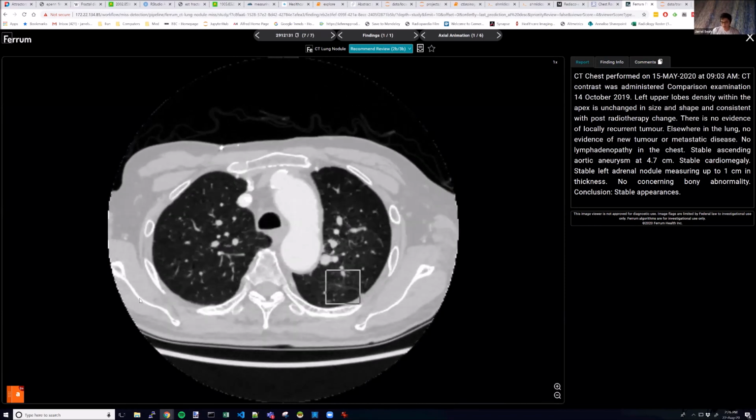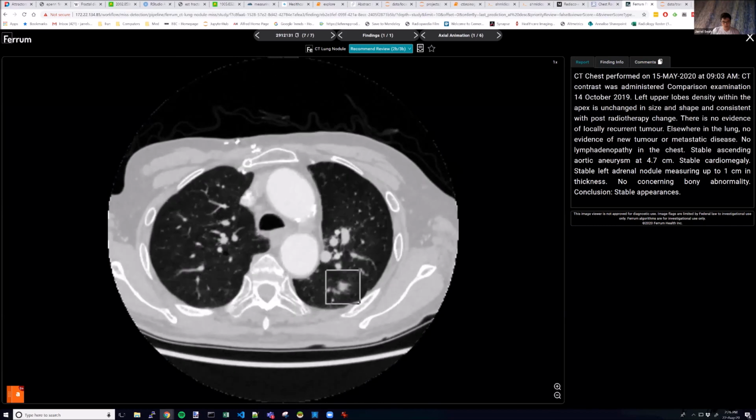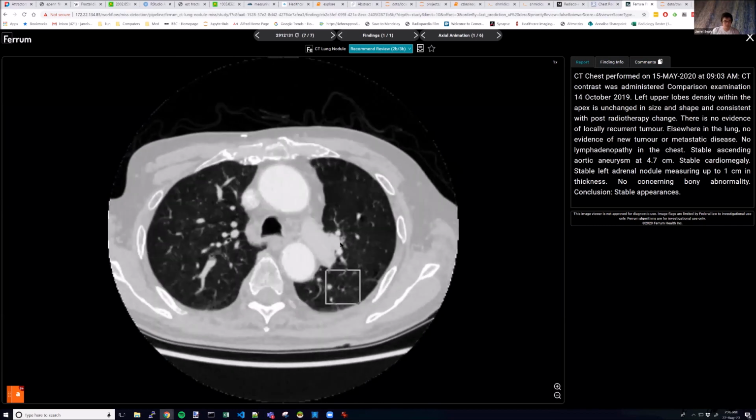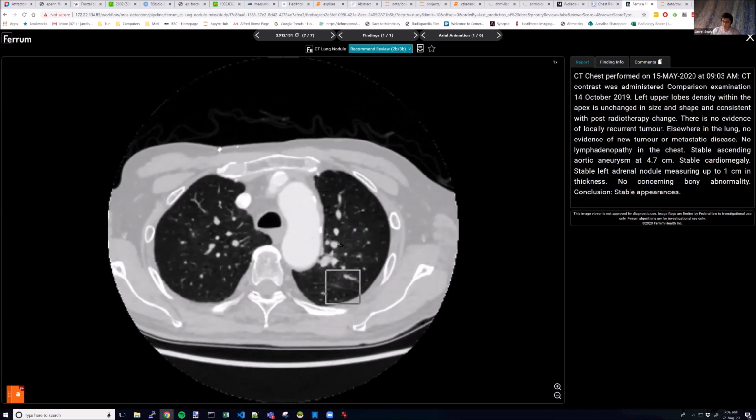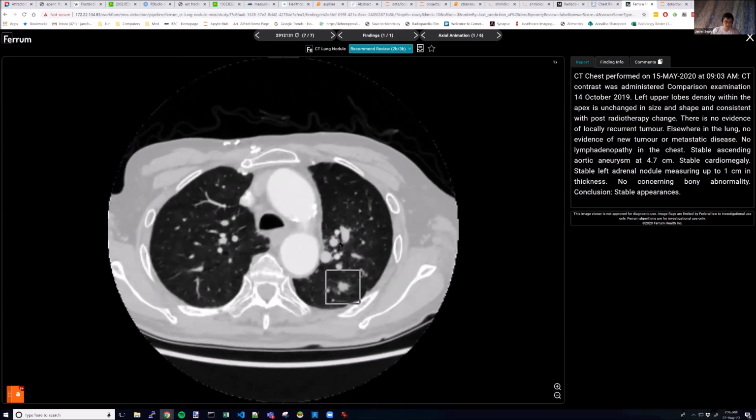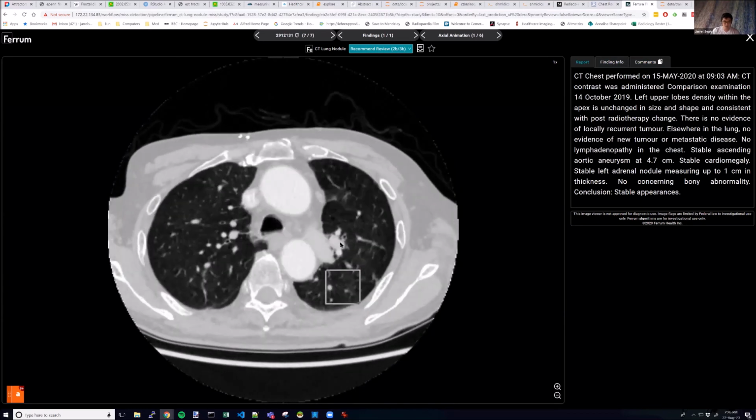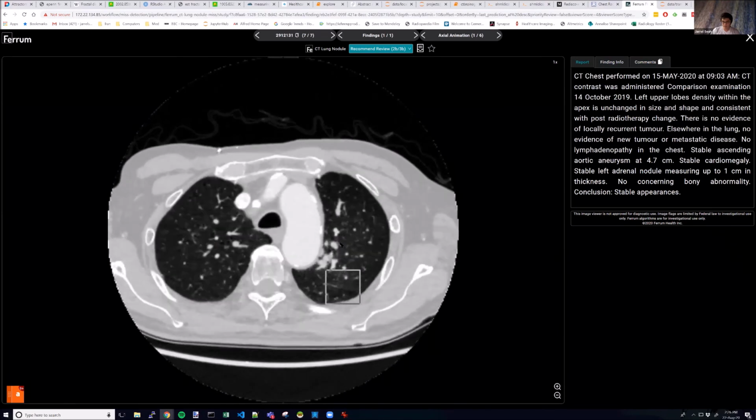You can also do it in terms of triage. So you can say there are 100 scans on the list to be interpreted by a doctor. Obviously, the doctor can't look at them all at the same time. So you can prioritize the most important ones, or the ones that have something on them.